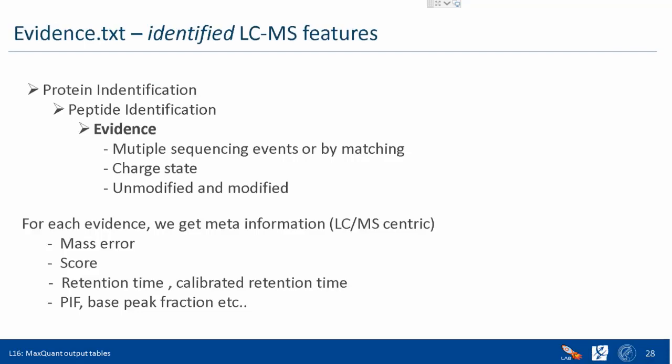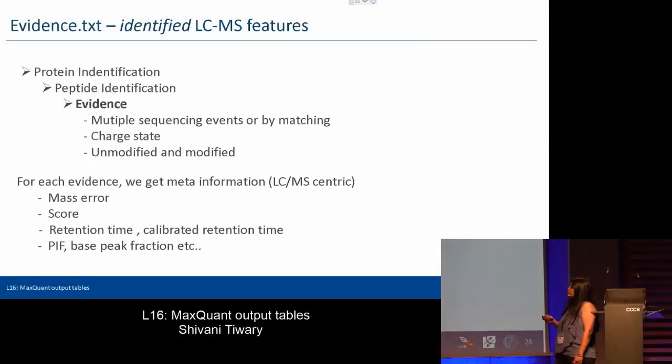As we already discussed, we have protein identification, which comes from many peptide identifications. And these evidences are information on whether the sequence was identified by MSMS or by matching, whether it has a different charge state, +2, +3, or whether it is from a modification or not. And for each evidence, we get meta-information, which is MS-centric,